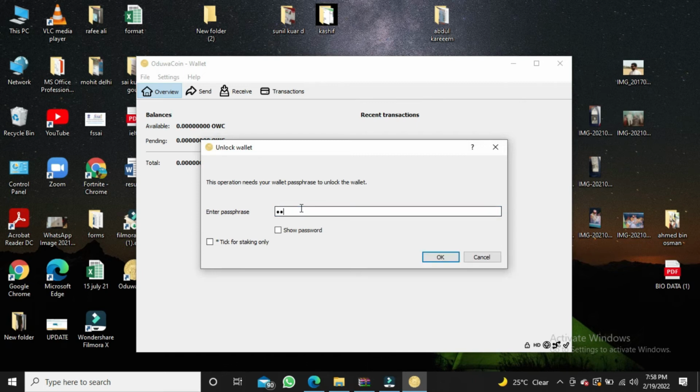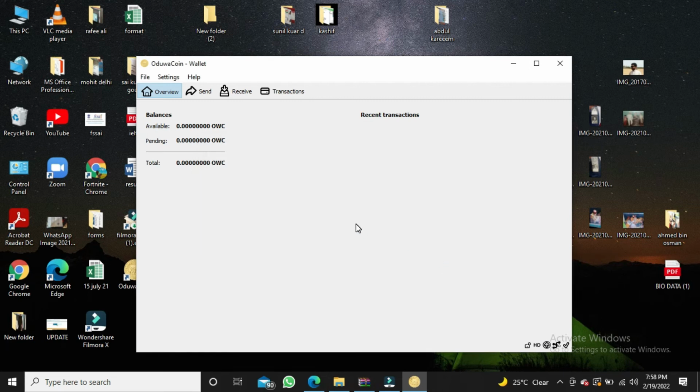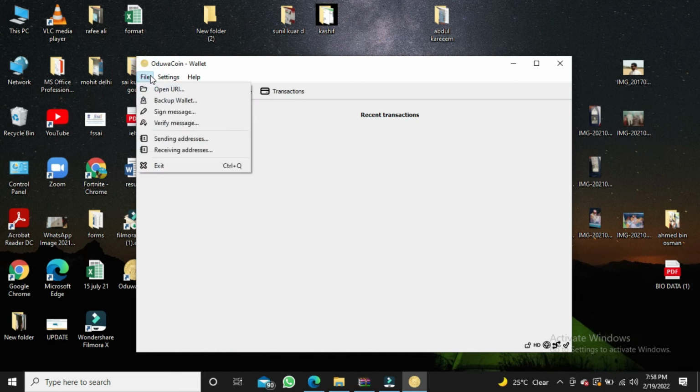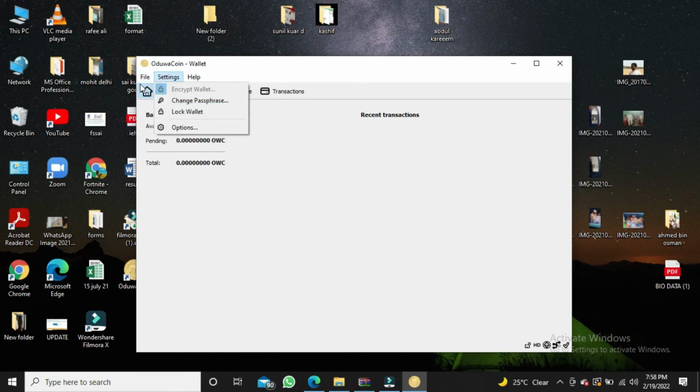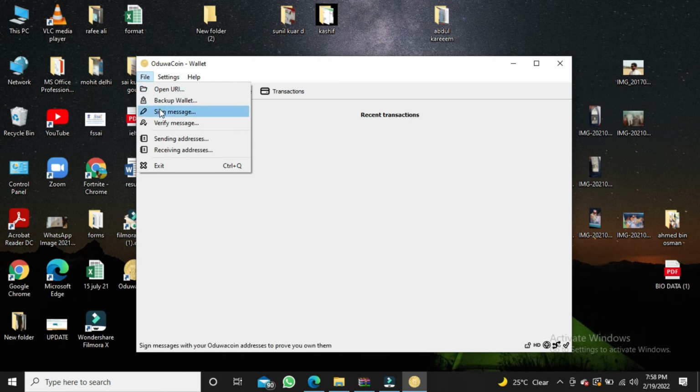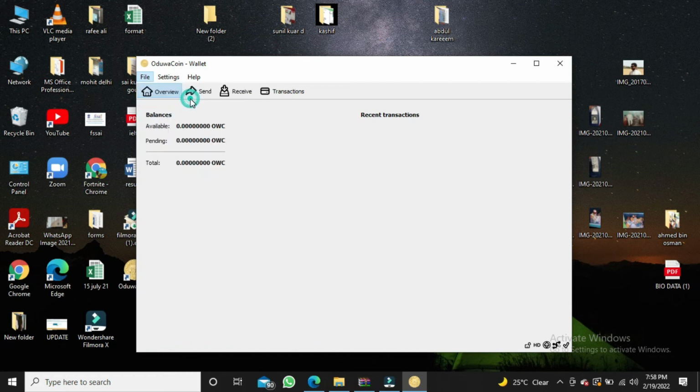Unless and until you unlock the wallet, you will not be able to stake the coins. And I'll tick for staking only, click on OK. And if you want to take the backup of your wallet, what you can do is click on File, and the second option you will see is Backup Wallet. Click on Backup Wallet and save this wallet,